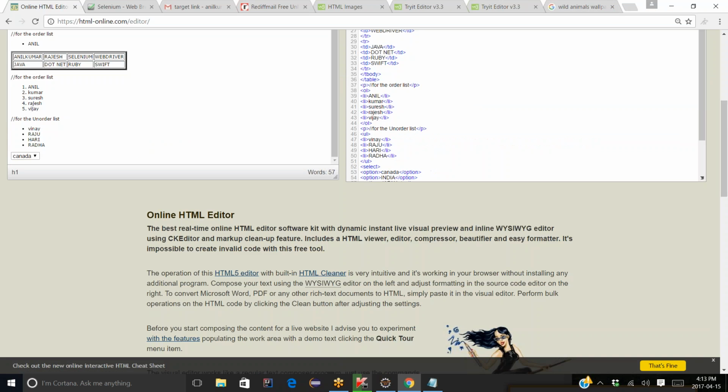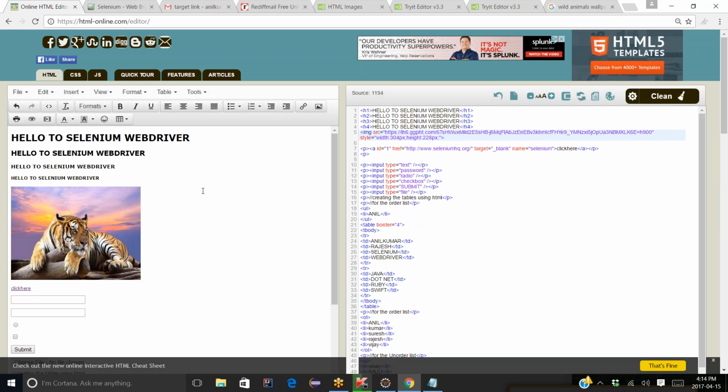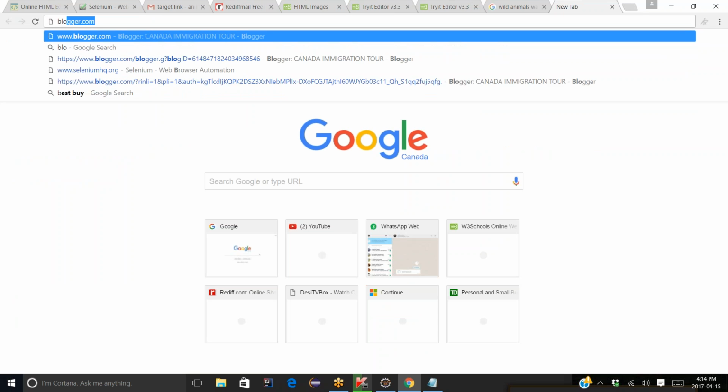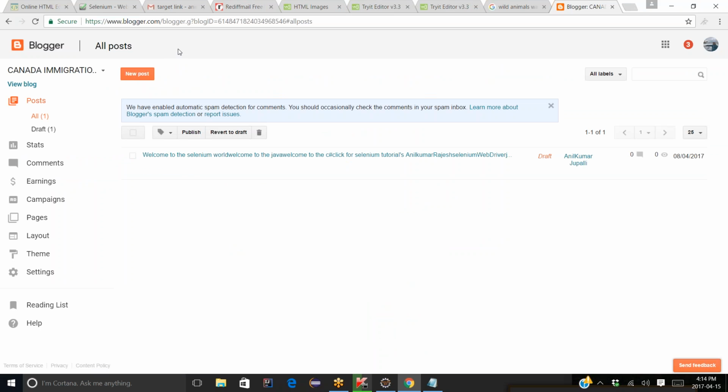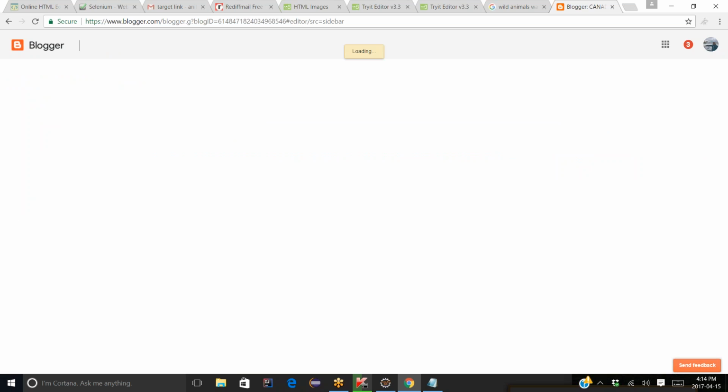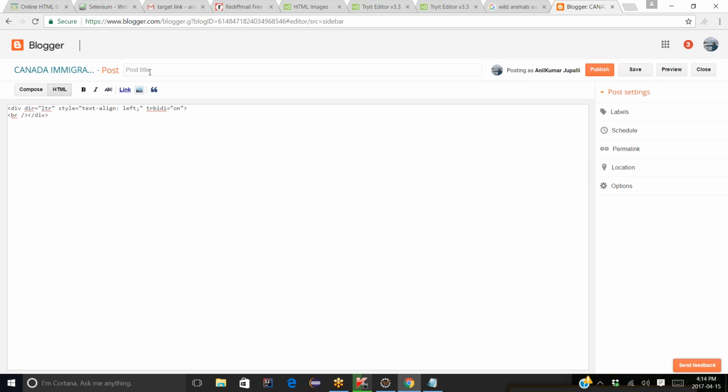Now I want to automate this browser. How to automate this browser? To automate this browser, we need to go for our Blogspot bloggers. Go for blogger. Okay, this is my own blogger. Go here to the blogger. Say new. If you say new, you can, automatically when you go for blogger.com, say Selenium